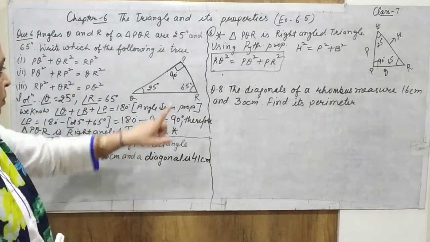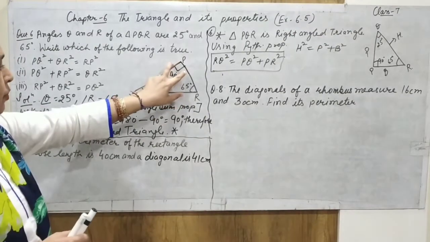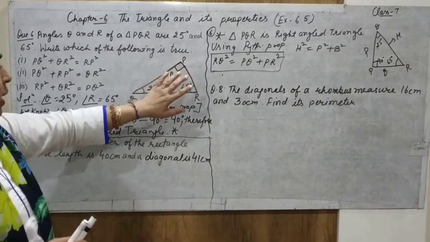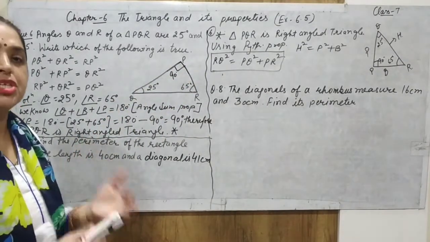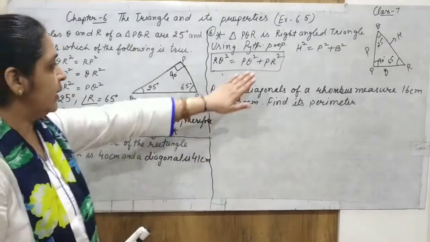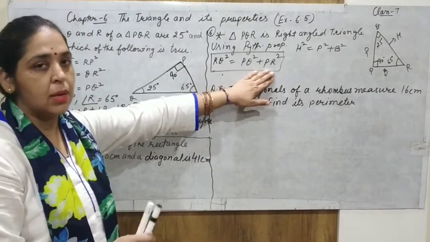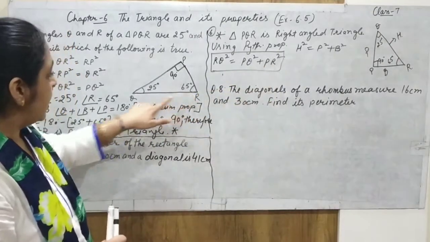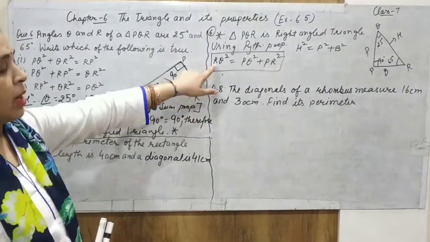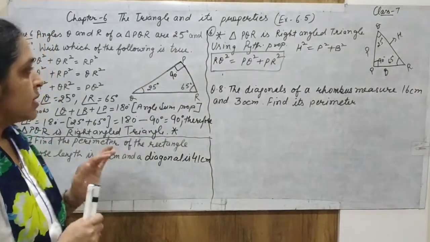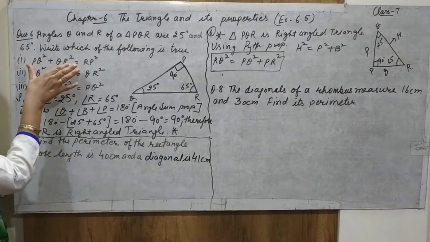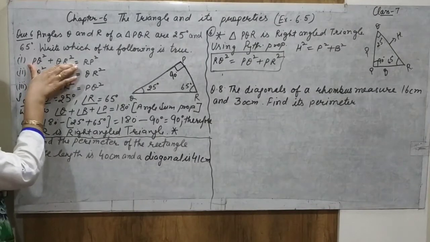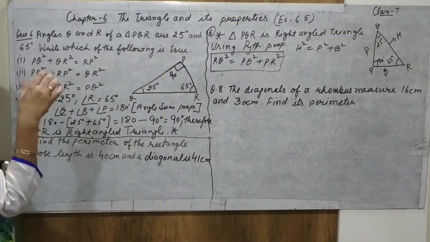Now understand the concept. The 90 degree angle is always made between base and the perpendicular. These two sides, one is base and the second is perpendicular. It doesn't matter which is the base and which is the perpendicular, because on the right hand side we put the square sum of these two sides. But this line, the QR line, acts as the hypotenuse. Now see which one is true from this. Here, which one is on this side? See, here the sum of two sides. So these two sides act as perpendicular and base, and this acts as hypotenuse.